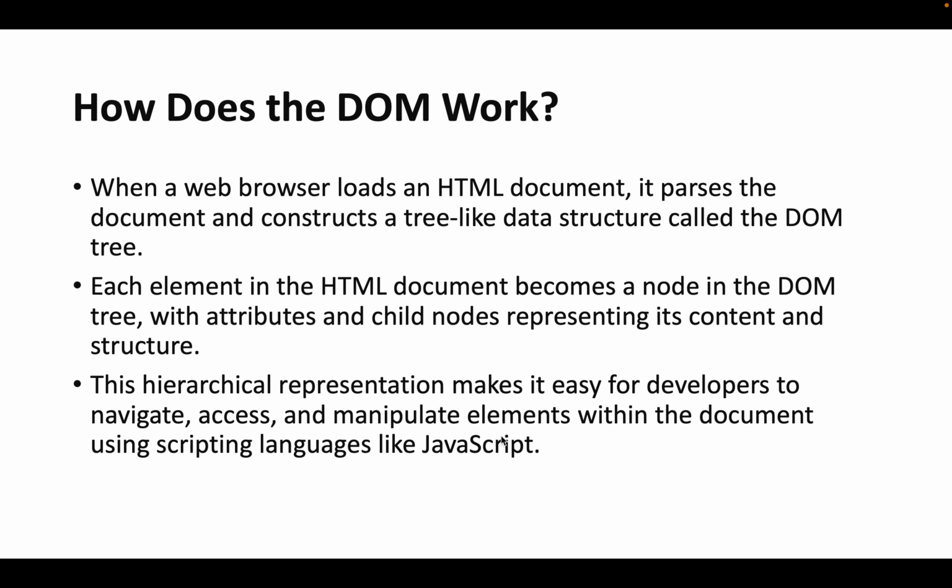How does the DOM work? When a browser loads an HTML document, it parses the document and constructs what we call the DOM tree. Each element in the HTML document becomes a branch or a node in the DOM tree, with attributes and child nodes representing its content and its structure. This hierarchical structure makes it easy for developers to navigate, access, and manipulate elements within the documents using scripting languages